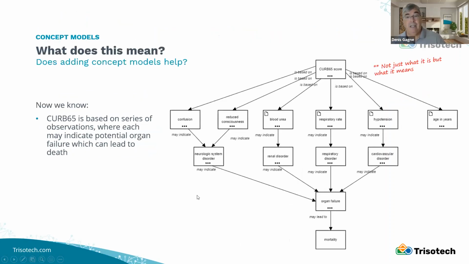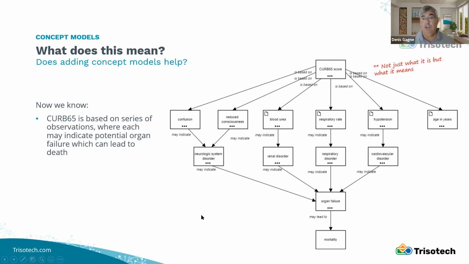Now, what if I add this concept model to my Curve 65 environment? Now, suddenly, I have a definition of Curve 65. I know that it is a score, and that it is to look at the presence or the severity of community-acquired pneumonia. And here I know that it's based on confusion, reduced consciousness, urea, respiratory rate, and hypertension, which all of these may be indications of some organ failure, a particular organ system failure,